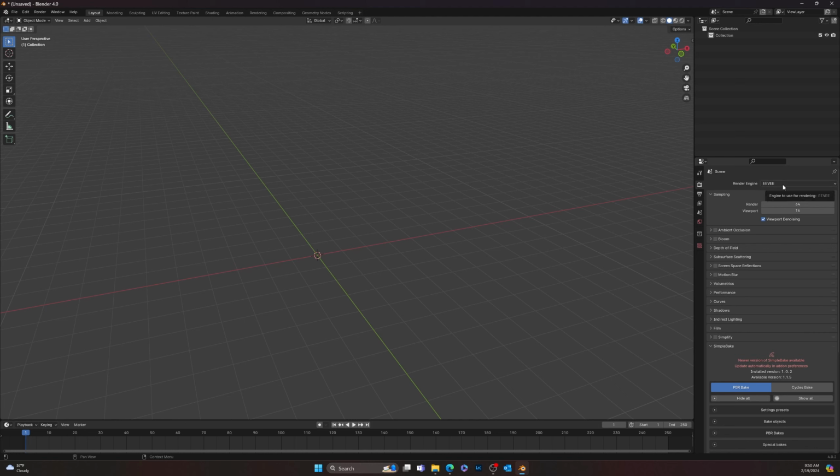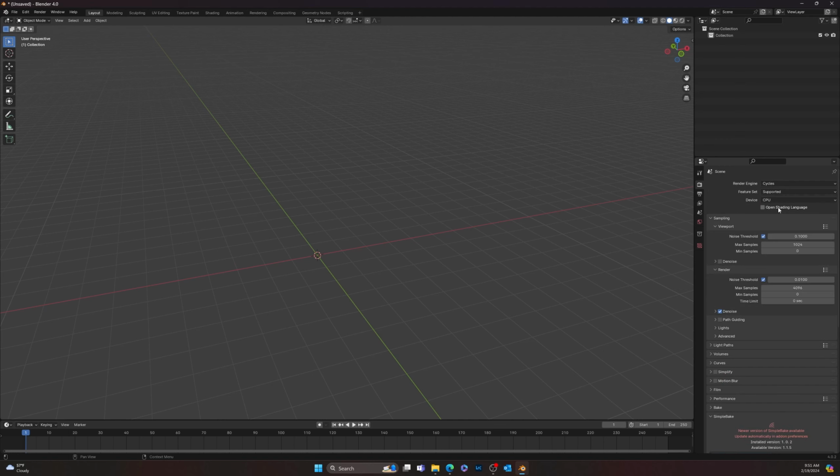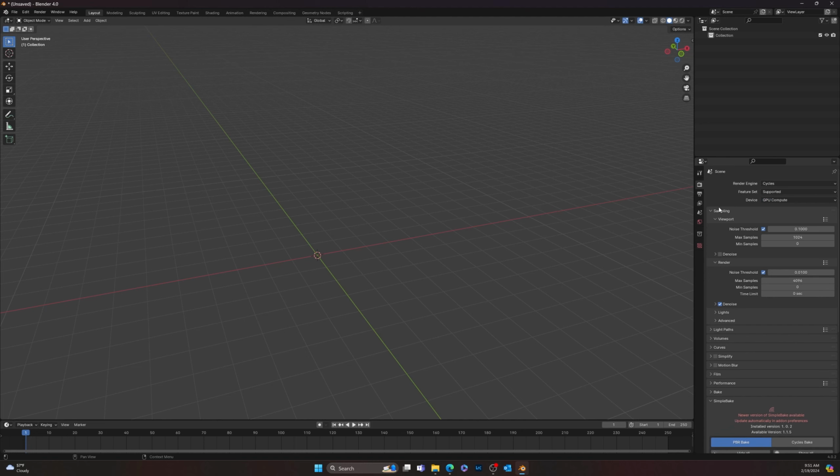Eevee. Eevee is great for really basic animations, but it doesn't use the ray tracing. It's a better kind of rendering for quick things, where Cycles is going to give you photorealism. And when we have Cycles selected, you also need to make sure that GPU Compute is selected if you have a graphics processor capable of computing your real-time rendering. Some computers, such as older Macs, there won't even be an option here. But if there is, and you do have graphics processing capable of ray tracing, make sure you select GPU Compute